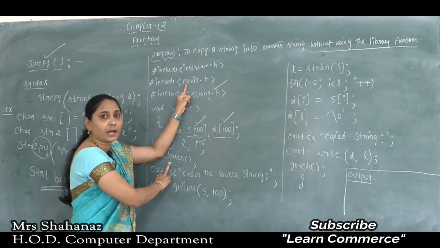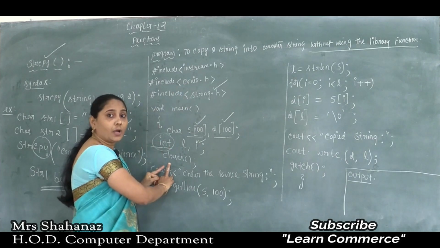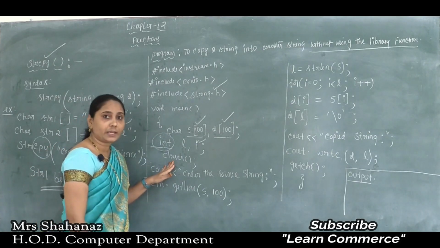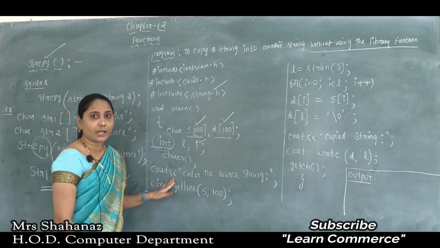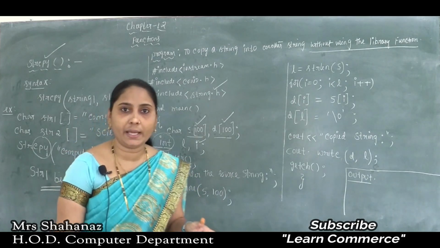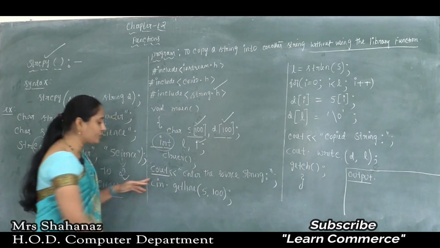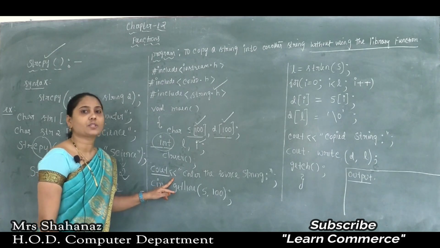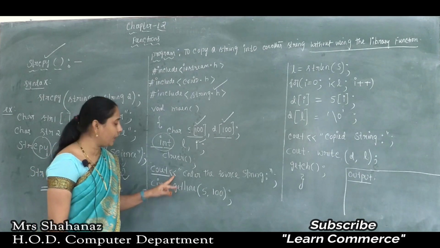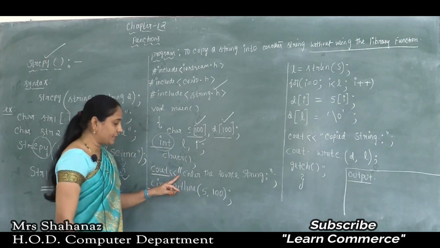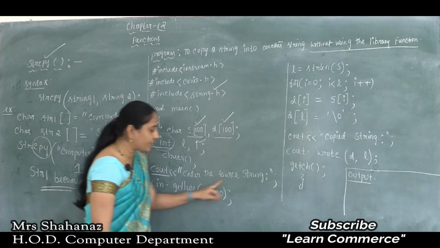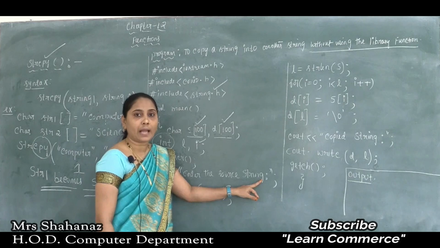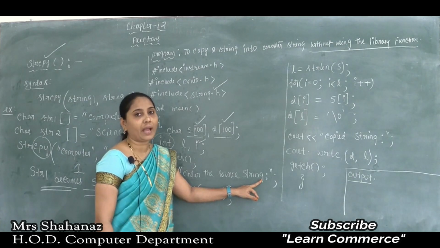For clrscr we need to use the header file conio.h here, and after writing the comment line as to clear the screen, now I want to display one piece of information. If you wish to display any information, it starts by using the cout. Then the next one is the operator, which is called the stream insertion operator. Then the opening of the double quotation. Clear this part? Now I am going to write one message, and how it will display on the screen. At that time I am going to enter some group of characters through the keyboard.